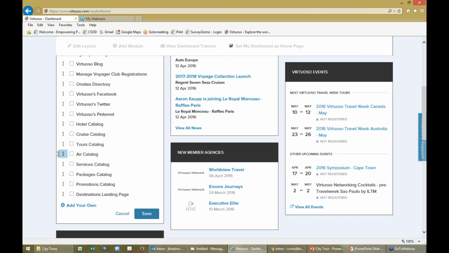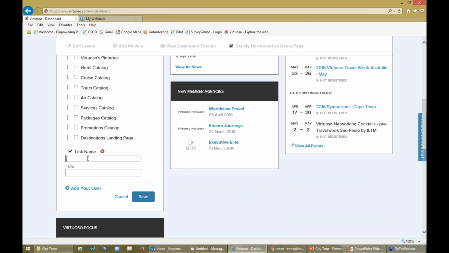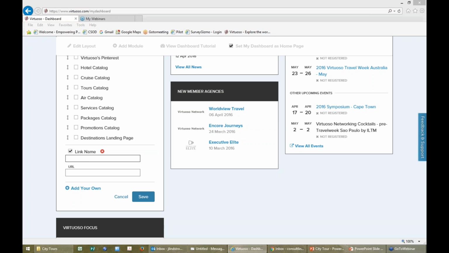One nice feature here is that I do have the ability to add my own links. So you're not restricted to what is part of the list here. You may find things that are external links or links within virtuoso.com that you use all the time. So I can add them simply by adding my own link. So I'm going to click on this, and you'll notice it gives me what is the link name. Now, what I'm actually going to add here is I'm going to add a link to